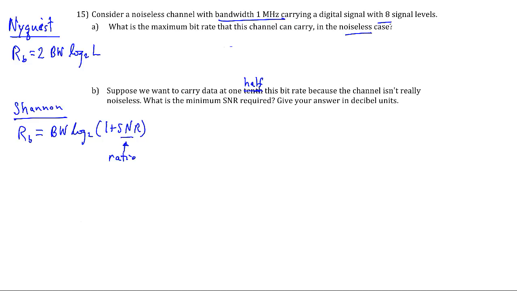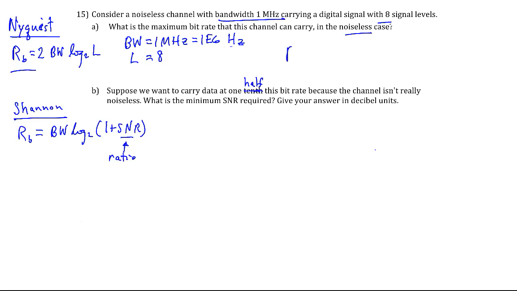We're given the bandwidth of 1 megahertz, RB. No, that's the bandwidth, John. The bandwidth is 1 megahertz, or 1e6 hertz. And we're also given 8 signal levels. L is for levels. We get 8,